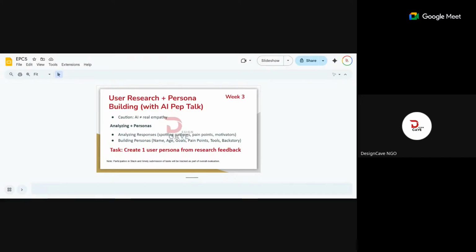Now, if we're talking about AI for survey analysis, AI is a fast assistant. I would use it to extract themes, to count mentions, and even to get a first pass summary. But you should know that you don't treat AI as a final answer.